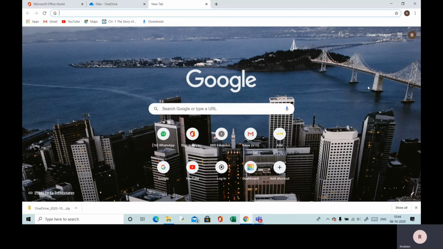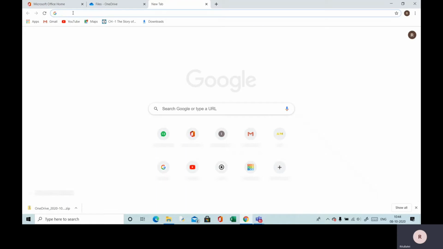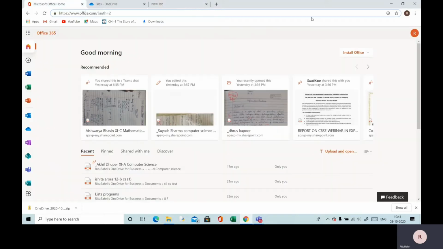If the papers are on OneDrive, we need to go to office.com. For that, first of all, we will open our web browser on the laptop. All the work first has to be done on the laptop. We have to open office.com on any web browser with our Teams login ID and password. Once our login is done, this is office.com's website which is open right now in front of us.